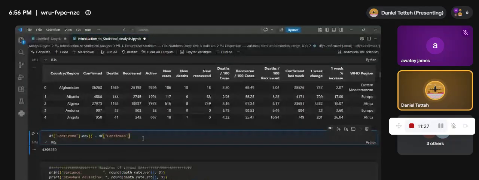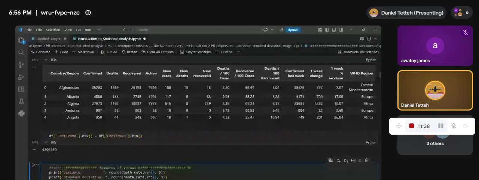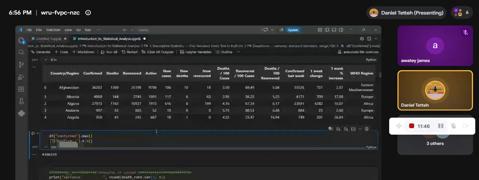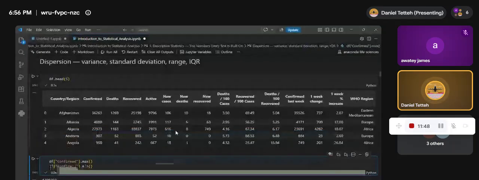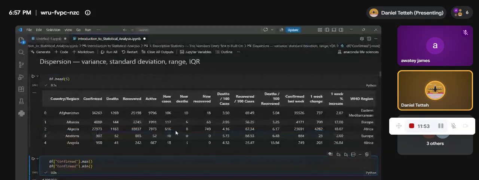So what I'm actually doing over here is subtracting the minimum value of this particular column from the maximum value. Once you perform that subtraction, that will give you the range of your data. This also tells you the dispersion of your data. So if the range is wide, you know that the column you're working with contains high values. However, if it is